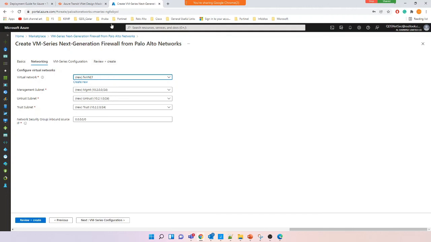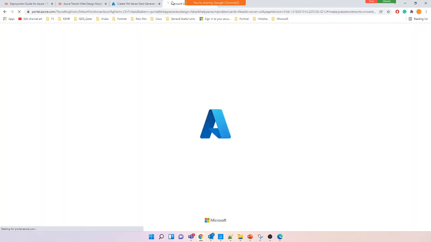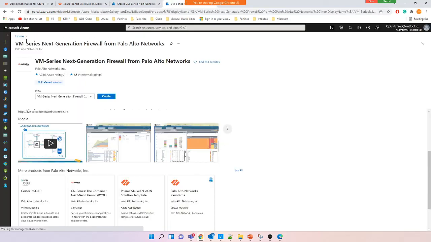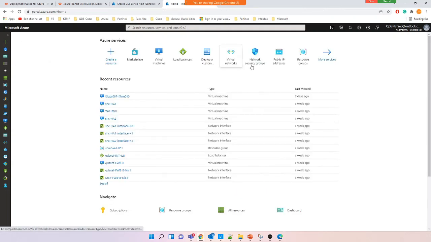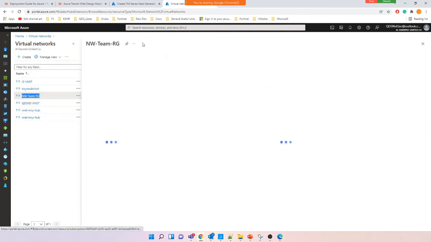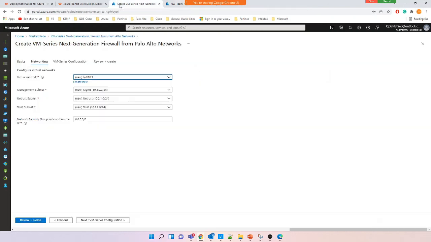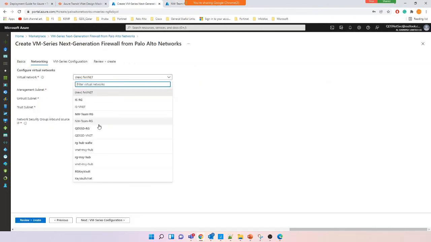So in my case, let me show you. If I duplicate the session, how can I verify the VNet name? I will show you. You have to go to home and type virtual network, and this is my resource virtual network. I can copy the name from here, network team resource group, and this is my resource group name for the virtual network. So I can select from here. Once I verified the name,